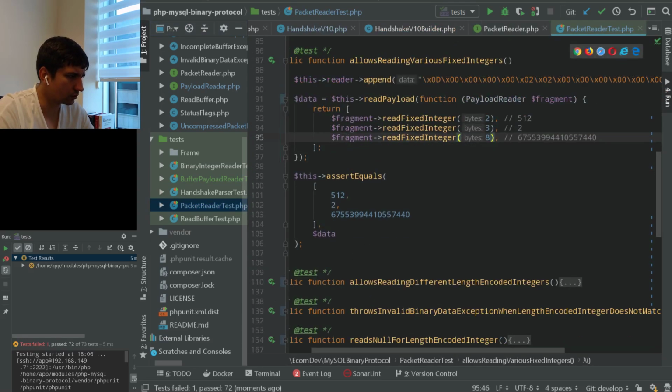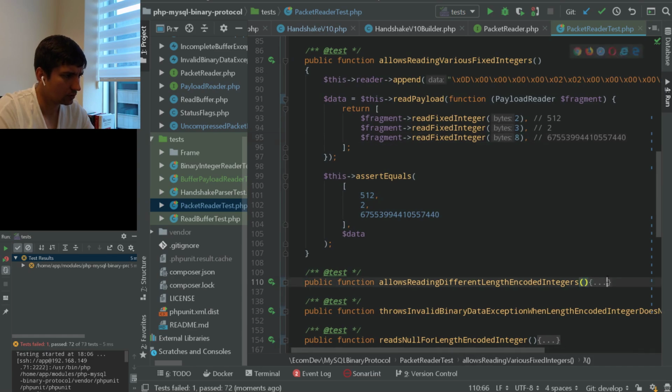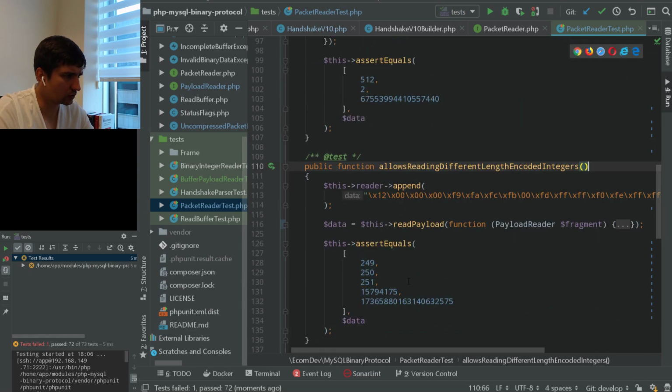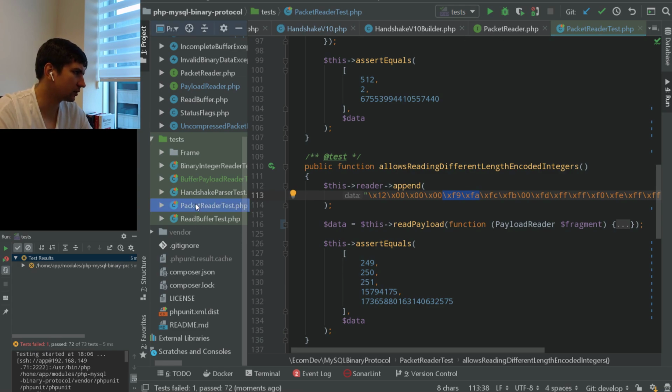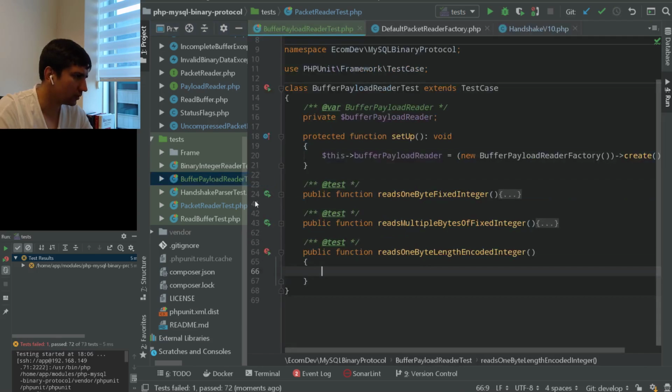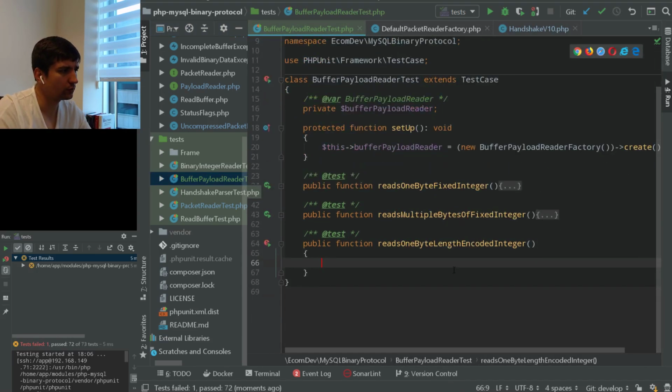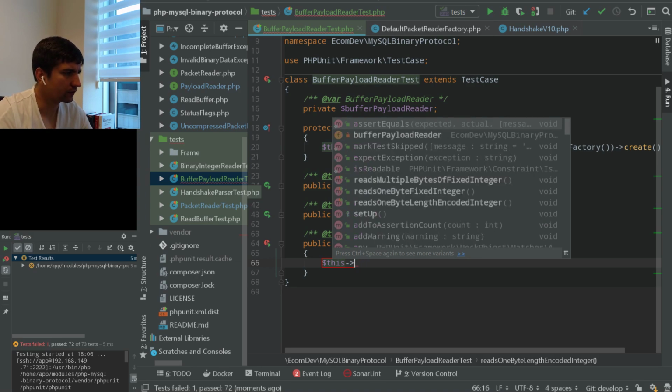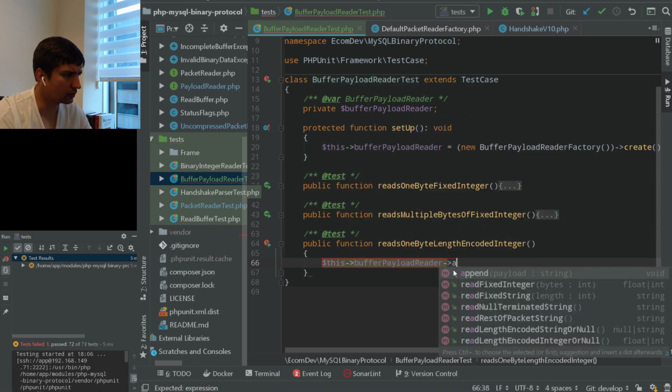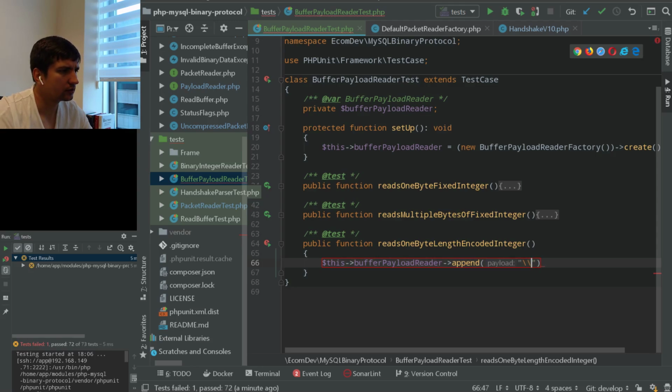Let's resort to this one. Yeah, so here we have a pretty nice payload, I think, but we can just create our test case there. I don't want to repeat this one because length encoded integer needs to be tested more thoroughly, and I'm just gonna add something like this buffer payload reader, append some data into it, and we're gonna check 0 0. So this should be 0, and then we're gonna encode another one like